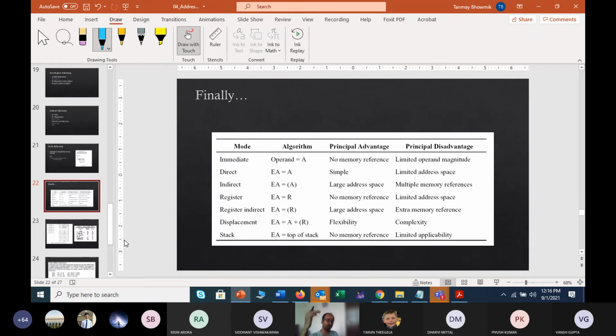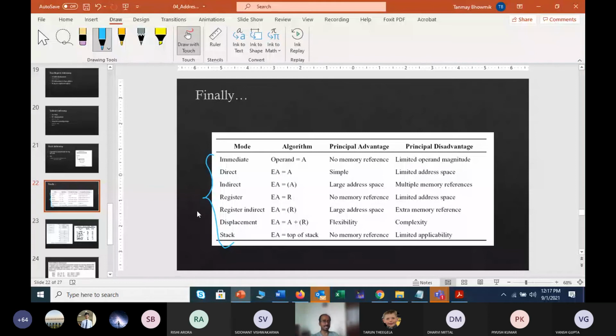And then, as a whole, all the memory referencing modes have been mentioned here: immediate, direct, indirect, register indirect, displacement, stack. Apart from this, auto increment and auto decrement will also be there, and some numerical problems will also be given. We will also try to upload a separate Word document where a set of instructions along with the addressing modes, which addressing mode is applicable to which one, and the application of each particular addressing mode, are all discussed. Very soon we will upload this, within this week, I hope.